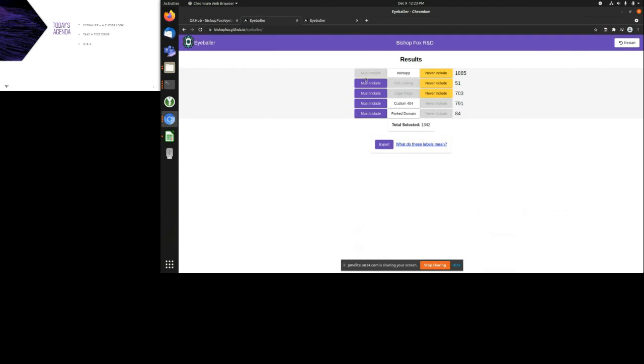This will give you a pretty good sense of what is and isn't interesting from these, right? So you can remove 791 and 84 of these uninteresting things. Or if you know that you only need web applications and nothing else, that'll give you a smaller data set. And that gets to the core of Eyeballer, I think.